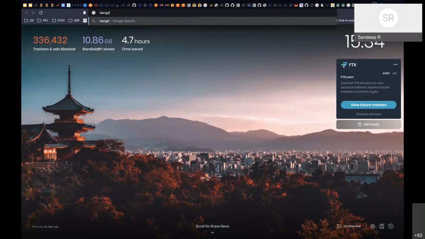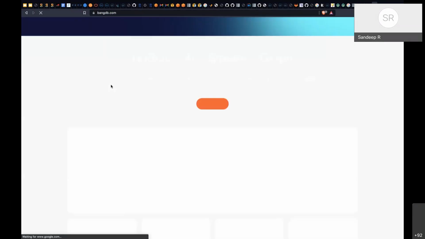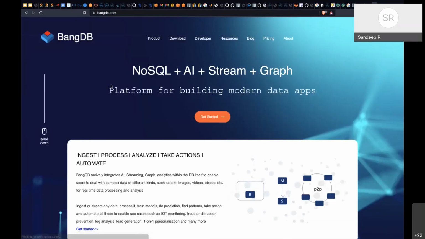BangDB is an AI/ML-aware database, so it's a very cool idea. It is one of the Indian startups that have invented this. They're combining SQL, NoSQL kind of queries with AI and ML queries, and then GraphDB and all that into one. It's called BangDB.